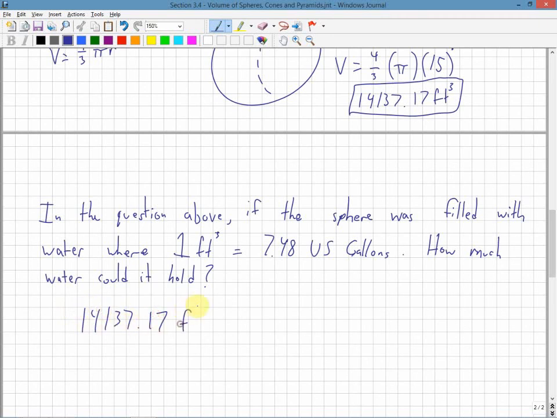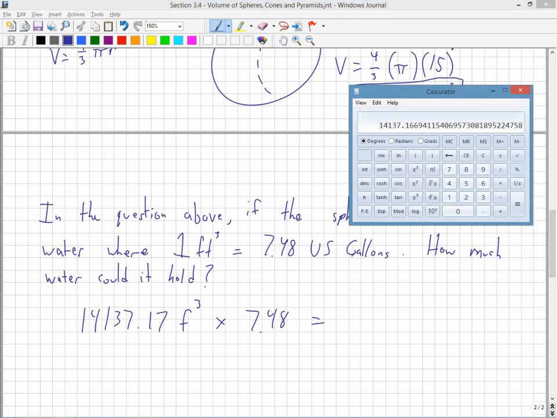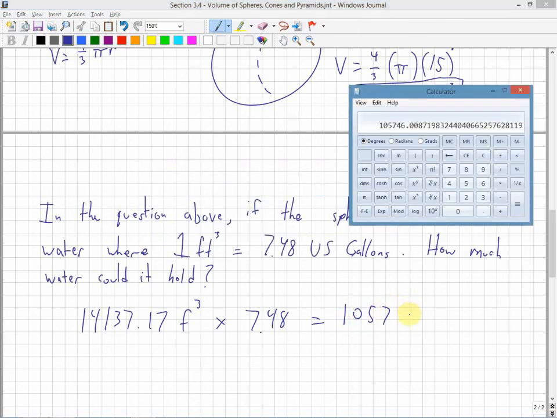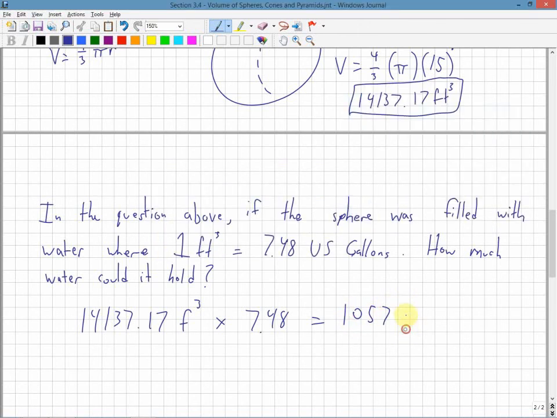14,137.17 cubic feet. And we have to multiply that by the 7.48 because for every 1 cubic foot, it's 7.48 gallons. So it's just a matter of multiplying the capacity out. I multiply that by 7.48, and I'm left with 105,700 and I think it was 46.01, and that would be